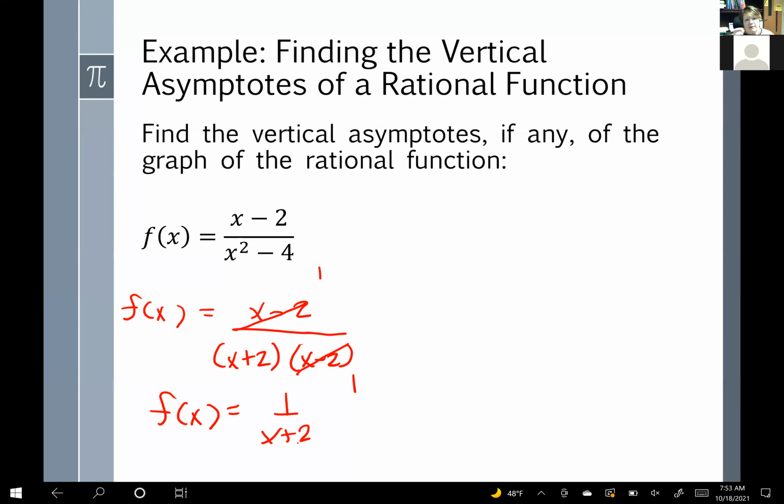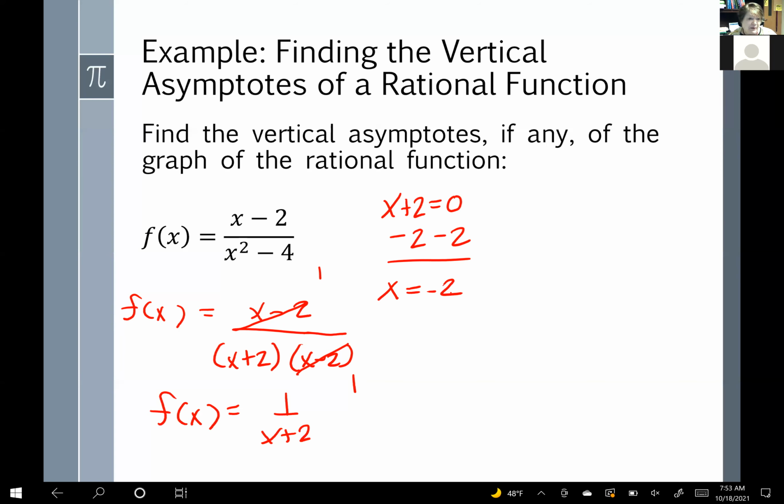So setting the denominator equal to 0, I get a vertical asymptote at -2. So there is an asymptote at the vertical line, x equals -2. But